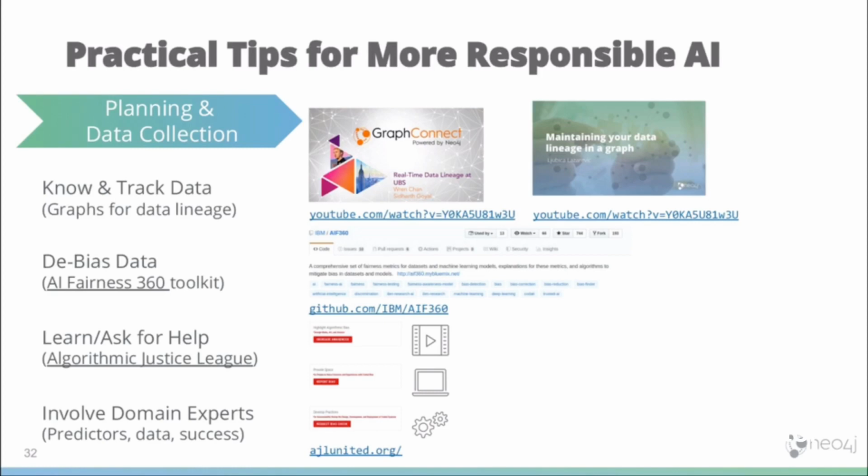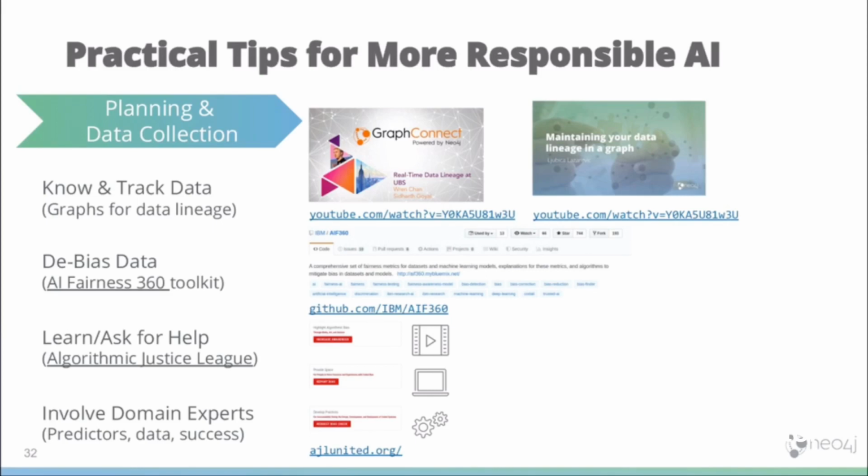If you're in the planning stage and you're collecting data right now, first and foremost, know what's in your data. That is so important. You can use graphs to do that. Graph data lineage, like I said, doesn't sound sexy on the top, but it is so important. It's just foundational. I threw up a couple examples here that are going to be in the handout. So there's some videos you can look at Neo4j to kind of look at what that means,